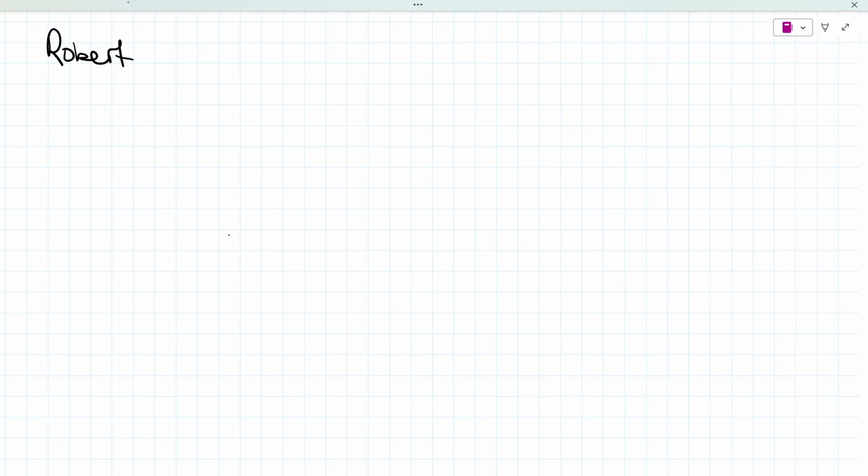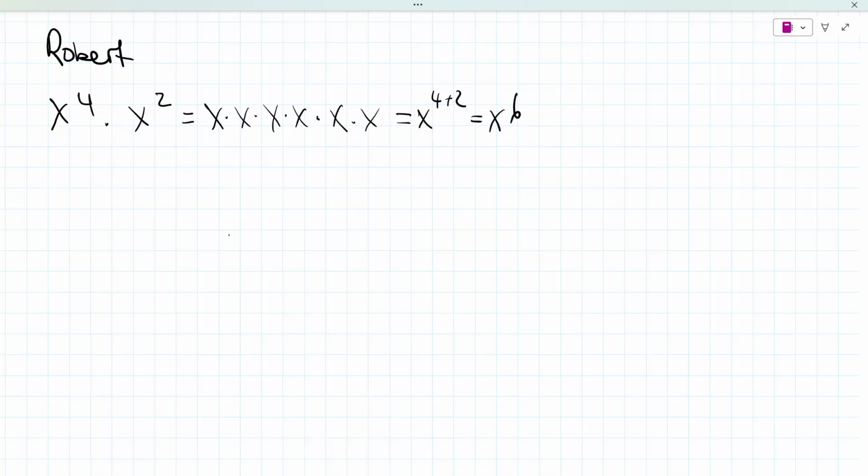Now, let's look at a number like x to the power 4 multiplied by x to the power 2. This, in an expanded form, will look like this: x multiplied by x multiplied by x multiplied by x for x to the power 4, multiplied by x squared, which is x times x. So the final answer here is x times x times x times x times x times x, which is x to the power 4 plus 2, which is equal to x to the power 6,